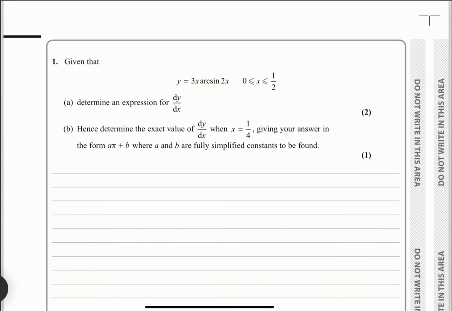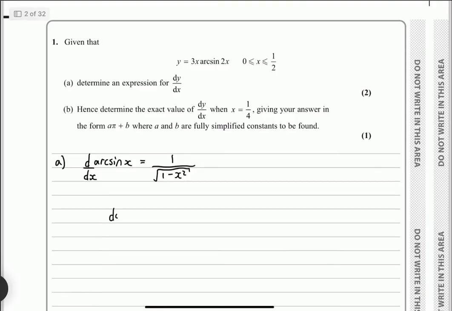Given that y is equal to 3x arcsine 2x, determine an expression for the first derivative. Okay, in the formula booklet we are given the derivative of arcsine x as 1 over the square root of 1 minus x squared. So here we can say that dy by dx,